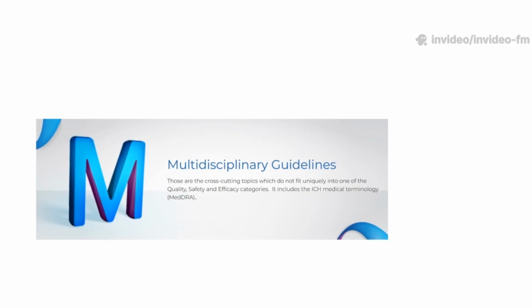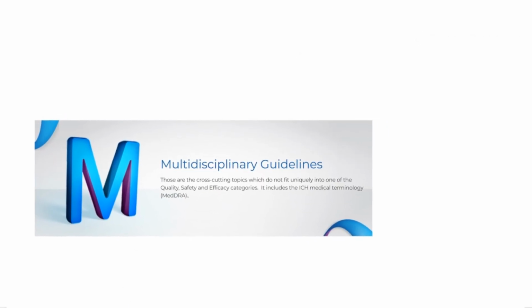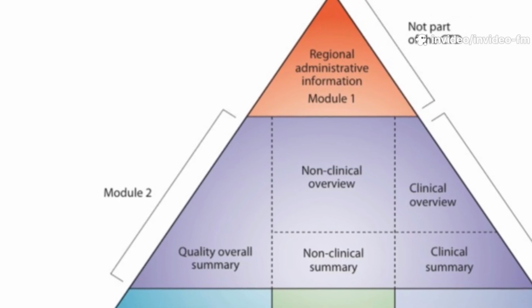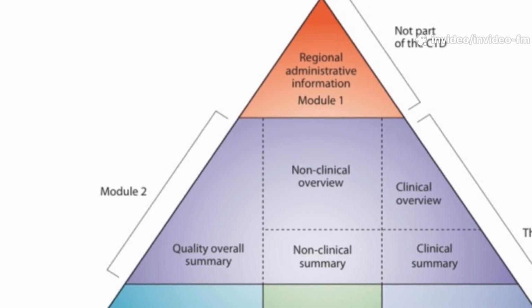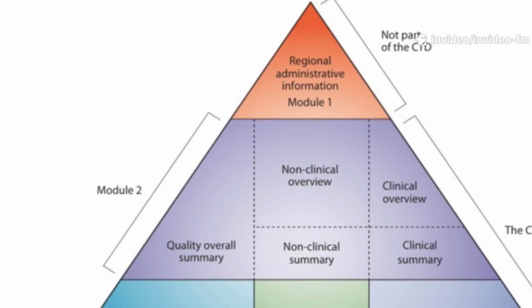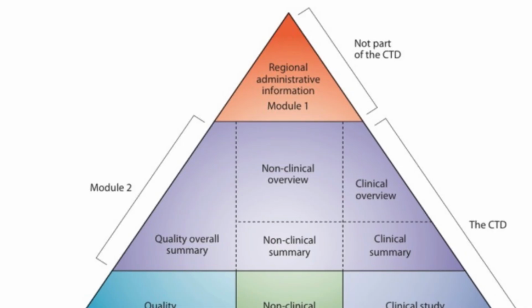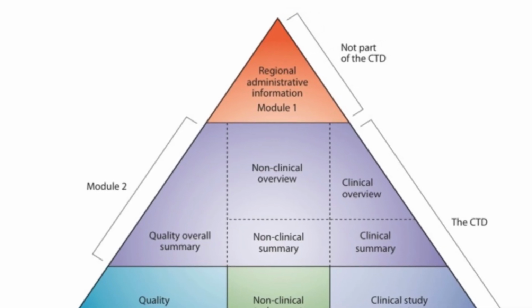Multidisciplinary Guidelines M Series. M guidelines are cross-cutting like M1 MedDRA terminology, M2 electronic standards, M3 non-clinical safety studies, M4 common technical document, CTD, M5 data elements and standards for drug dictionaries, M6 gene therapy, M7 mutagenic impurities, M8 electronic